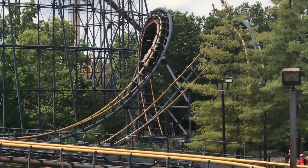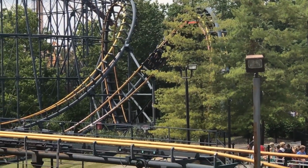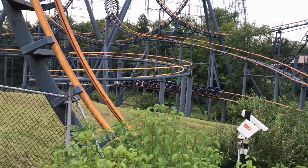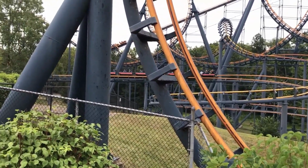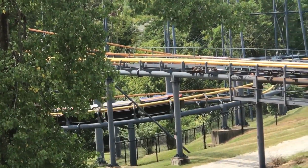Roller coasters have been around for over a century, and in that time, they have been innovating immensely, with new coasters growing taller, faster, longer, and much more thrilling overall. However, one of the various ways roller coasters have improved over the years is via the inclusion of inversions, including coasters which hold the record for having more than any other in operation, and today, we will be looking at